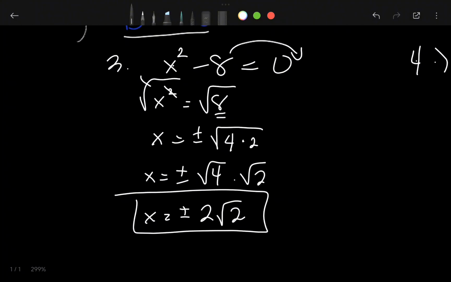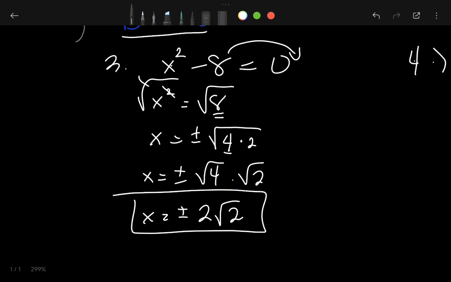So x is equal to positive 2 square root of 2 and x is equal to negative 2 square root of 2. Again, if the radicand is not a perfect square, there's a need for us to find the factor that has a perfect square, which is 4 times 2. 4 is a perfect square, so we can use that factor. We cannot use 8 times 1, although 1 is a perfect square. Aside from that, there's nothing more that we can use, which is just simply 4 times 2. Okay? And after that, we can separate them, then simplify the radical. And after that, you just need to copy whatever is there. So square root of 4 is 2, then bring down square root of 2, which is already a simplified radical.